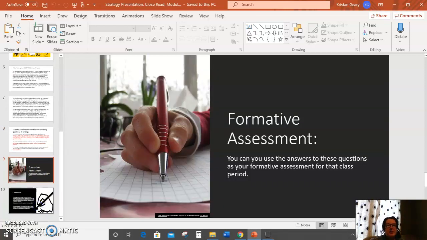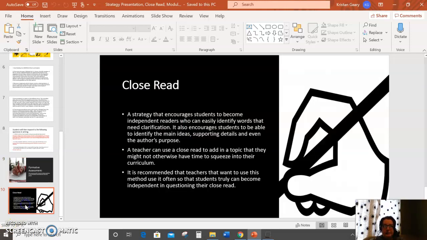You can also use this as a formative assessment for your day, just as your ticket out the door, or whatever you want to call it, but not necessarily probably for collecting data unless a student's really struggling to finish this activity independently. So in summary, a close read is a strategy that encourages students to become independent readers who can